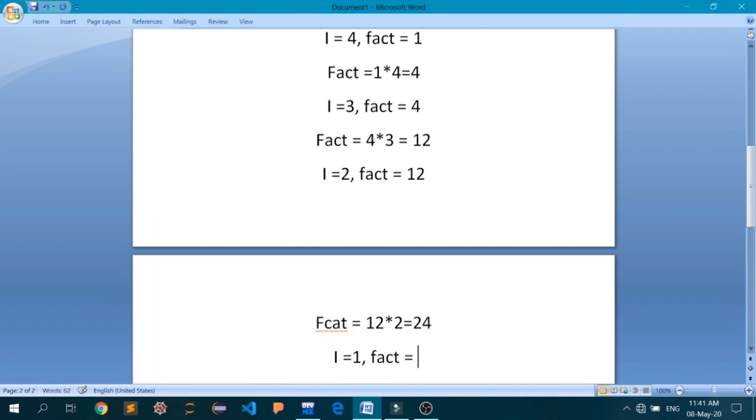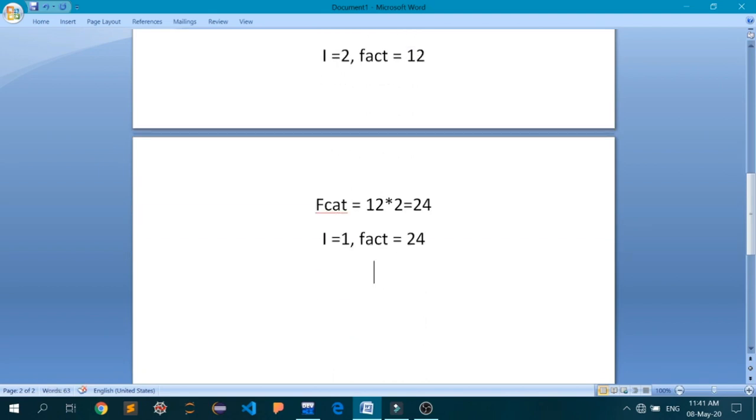Fact is equal to 24. I will go inside the loop again, and fact, what is happening, is equal to the older value of fact, 24, multiplied by 1, which is equal to 24. Now the value of i will be decremented again, so i now has a value of 0. At this condition, the conditional statement inside the for loop will fail. I will go outside the for loop, and we have already achieved the factorial of 4.